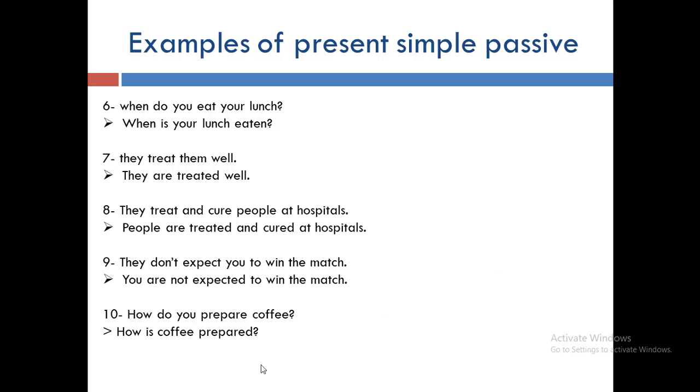Okay, in the last sentence we have the interrogative and it's written, how do you prepare coffee? Okay, here we have a WH question and we said that we just rewrite this and we say how, like this. How? What? Coffee is a singular and we say how is coffee? What? Prepare, it will be prepared. And here we have the question marks.